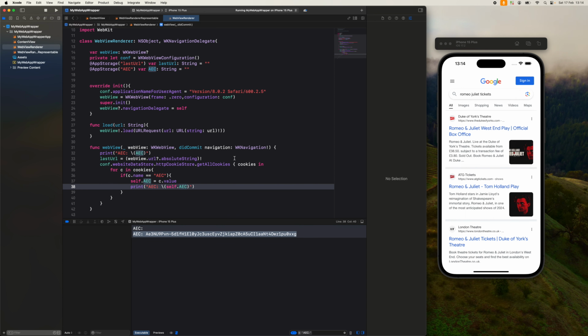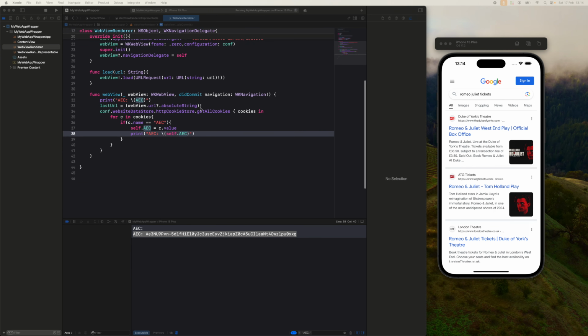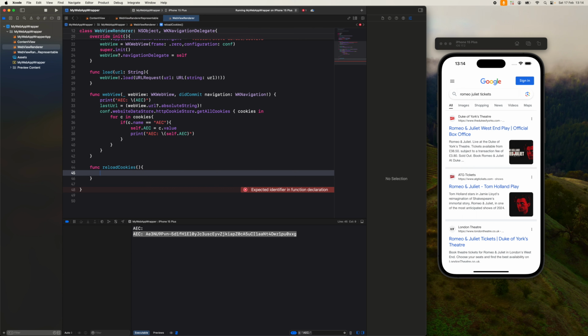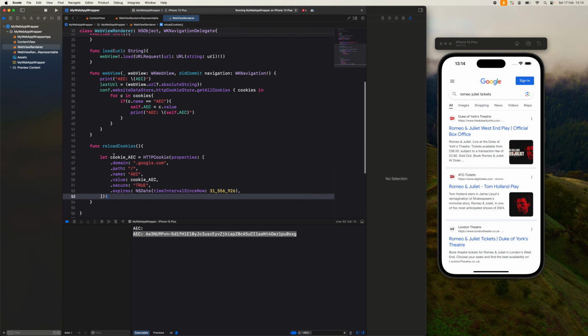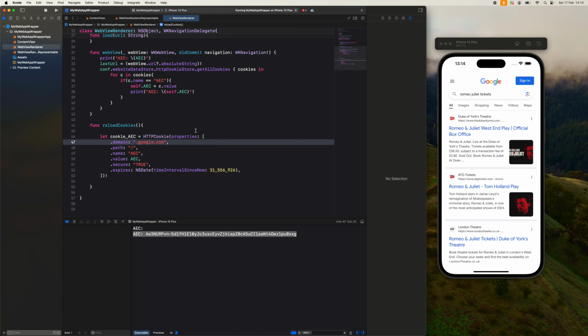First, we need to define a cookie item. So I'm going to paste this. I'm going to create a function here. I'm going to call it reload cookies. So in this function, we simply reload cookies. I'm going to create an HTTP cookie object, and I'm going to first set the domain, set its name, and then set its value, which is AEC. Whether it's secure or not, when to expire it, and then I'm going to use